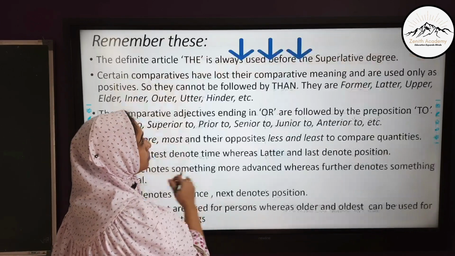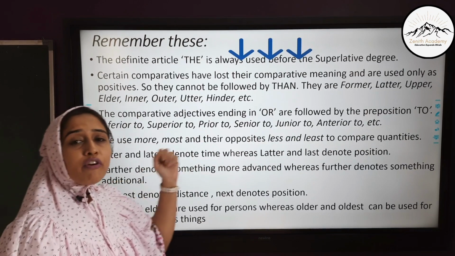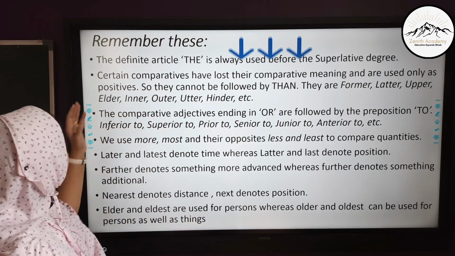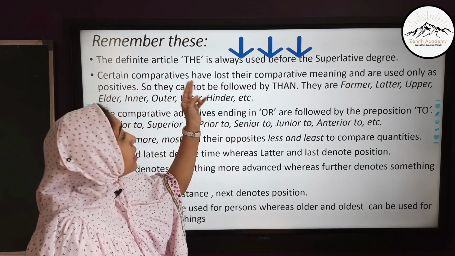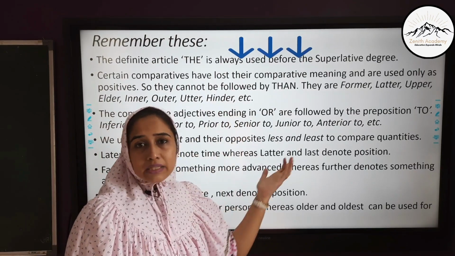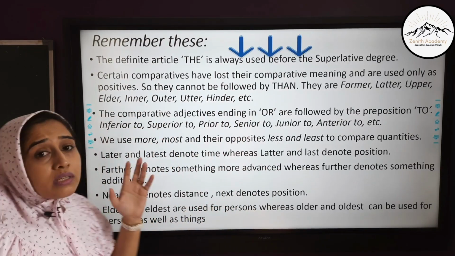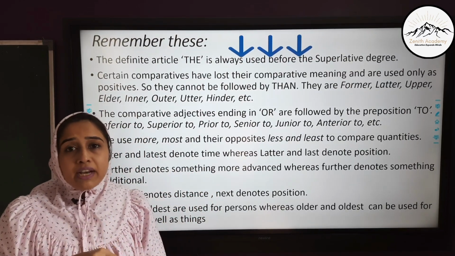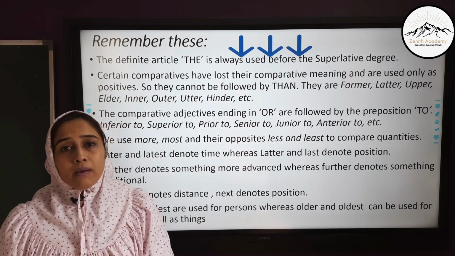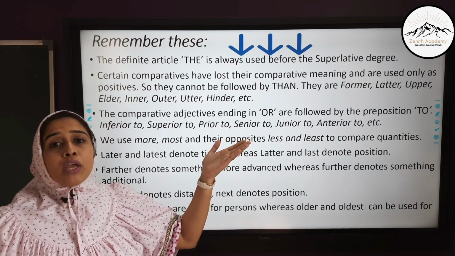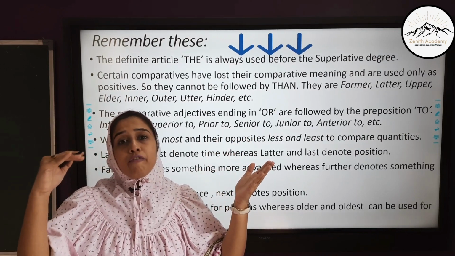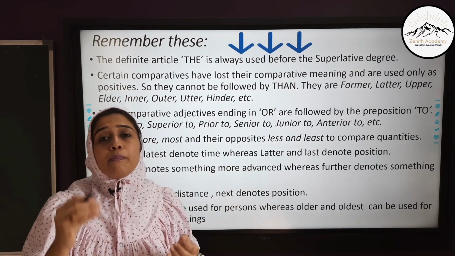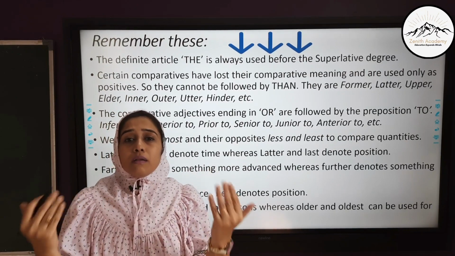Let's see the rules. Always remember these before transforming your sentences to positive, comparative or superlative. First one is the definite article the is always used before the superlative degree, as we saw in the chart. Because why? As we have already seen in the video of articles, the definite article tells you about which particular noun you are talking, and when we are using superlative degree, you are giving that level of superlative of being the best to that particular noun. So when you are saying the sentence, the particular meaning, the proper noun is displayed in front of the listener.